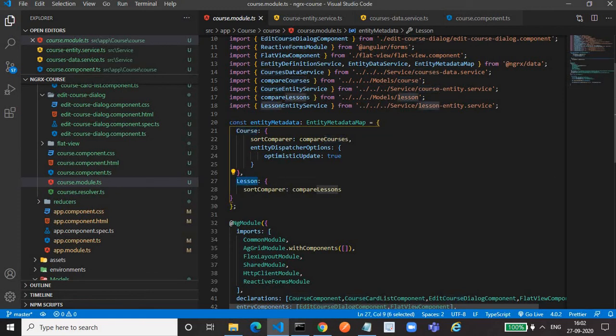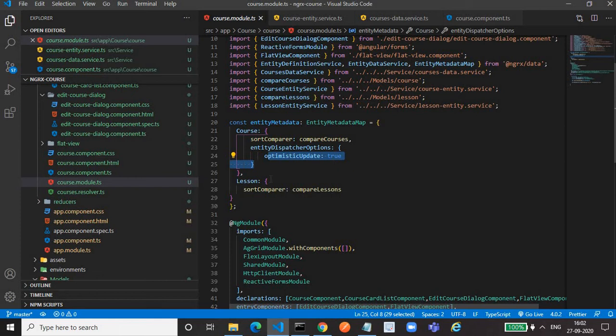If there is any sort comparer function for sorting the courses, we can provide it using sortComparer, then the function name, as we have seen in the entity approach in the day 3 video. Likewise for lesson also we can provide the sorting function. And these are some flags that are needed. We will come to that later, so that is not mandatory.